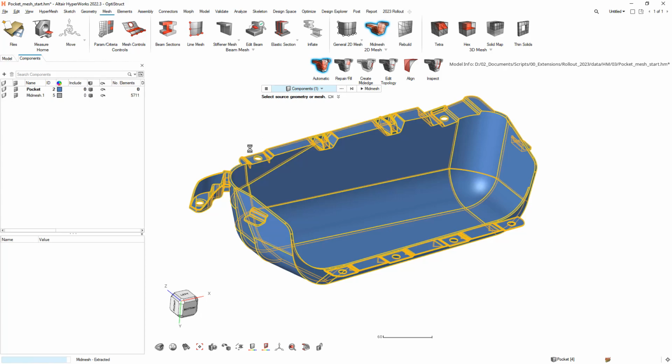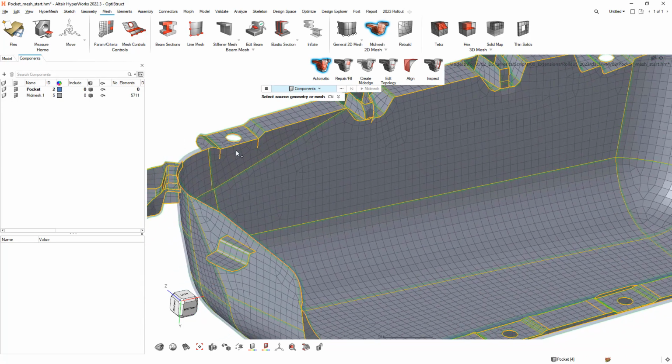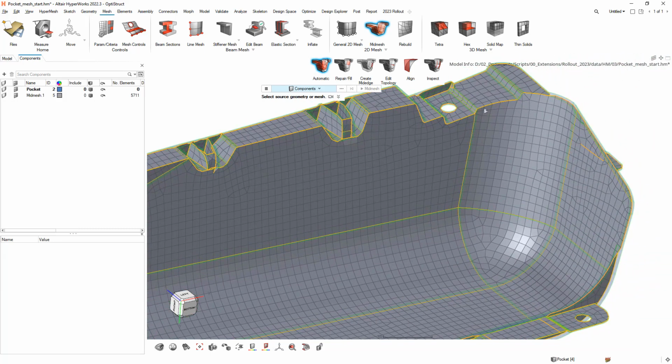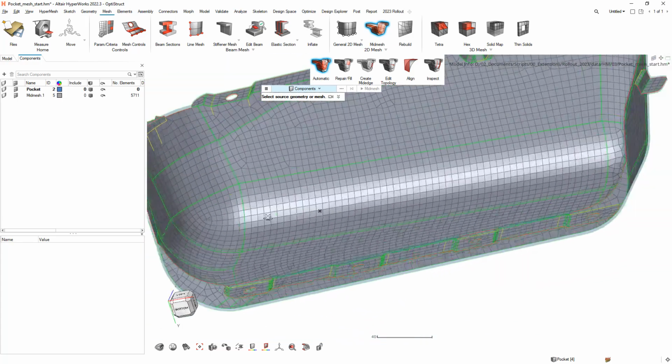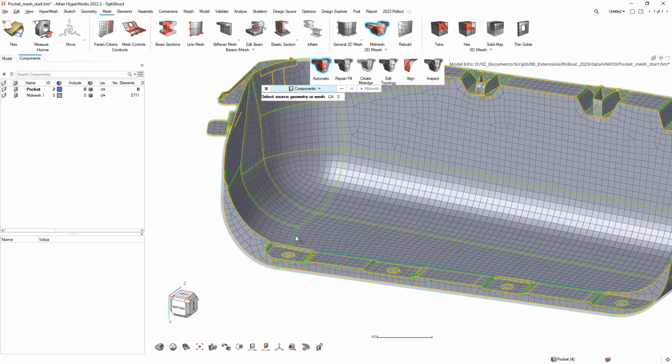So if we have a look at our resultant topology once it's completed, you'll see there's going to be a lot less work from my end to repair the resultant mid-mesh. All of the shared edges and free edges are in a better state for me to start from. There is a little bit of work for me to do, so I'll start by